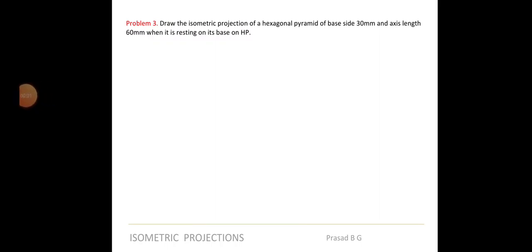Welcome back, students. Let us continue with the isometric projections now. In the previous video, we have completed drawing isometric projections of a rectangular prism. Okay, and after that we finished a vertical cylinder, and then we finished a hemisphere. So now you know that whenever we have a rectangular prism or a cube, it's very easy to draw because you will directly take the side into consideration and directly draw. And next we did one more thing, that is a cylinder.